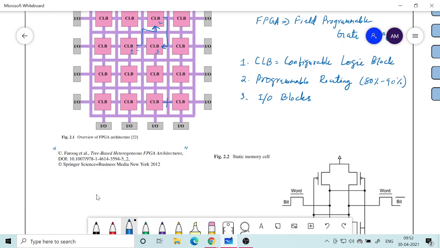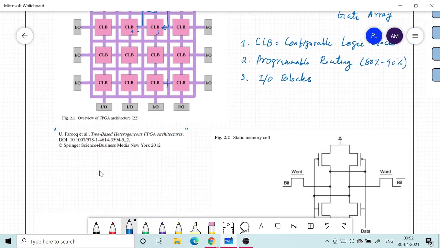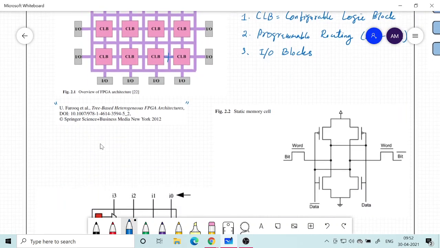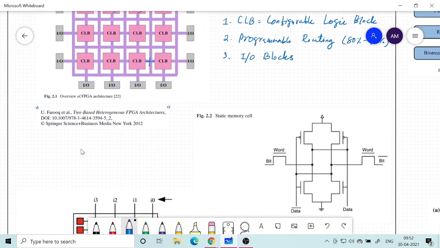So they are not just wires, but wires along with a lot of switches which are implemented with the help of transistors. And each of those transistors, which are supposed to connect or disconnect the crossing wires, are programmable. So there is a programmable logic there. And how can it be programmed? A similar thing exists for CLBs also. So how are these programmabilities achieved?